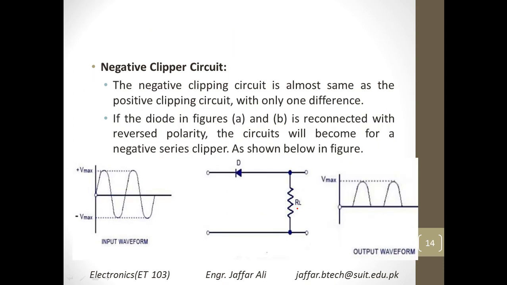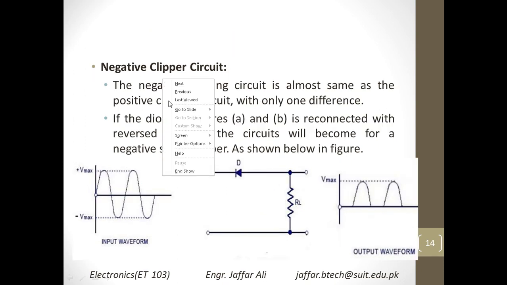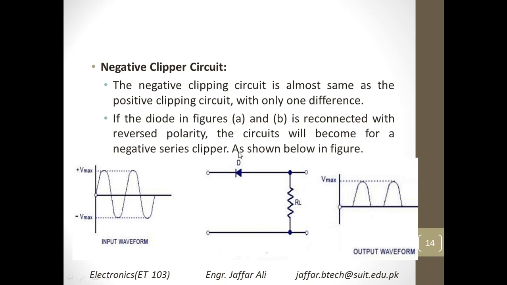Similarly, there is another clipper, that is the negative clipper circuit, and this works the same but in the opposite direction. You see that we have installed the diode in reverse bias. Now we will only be able to get the positive peaks in such a circuit, and the negative peaks will be trimmed out, or you can say clipped out. You will be clipping these negative portions from here and here.